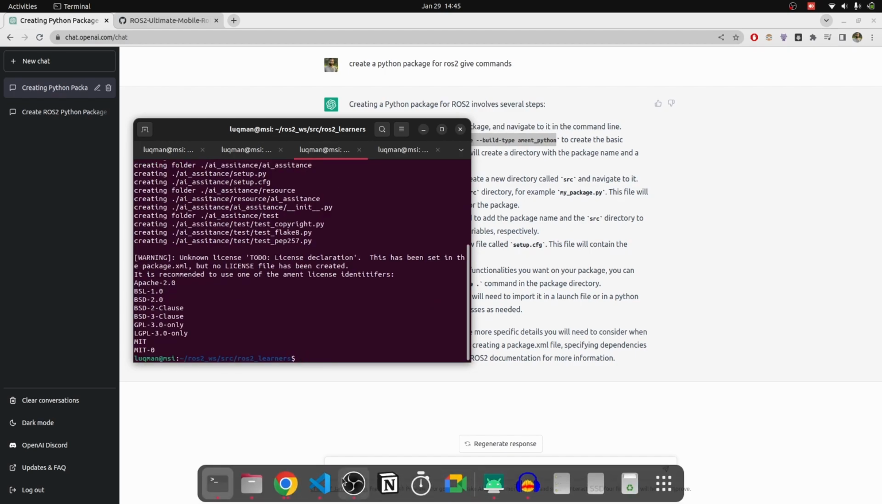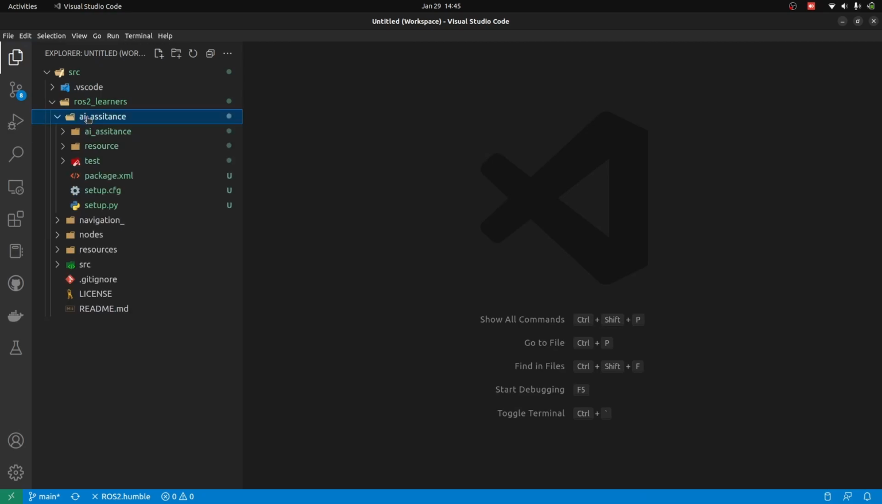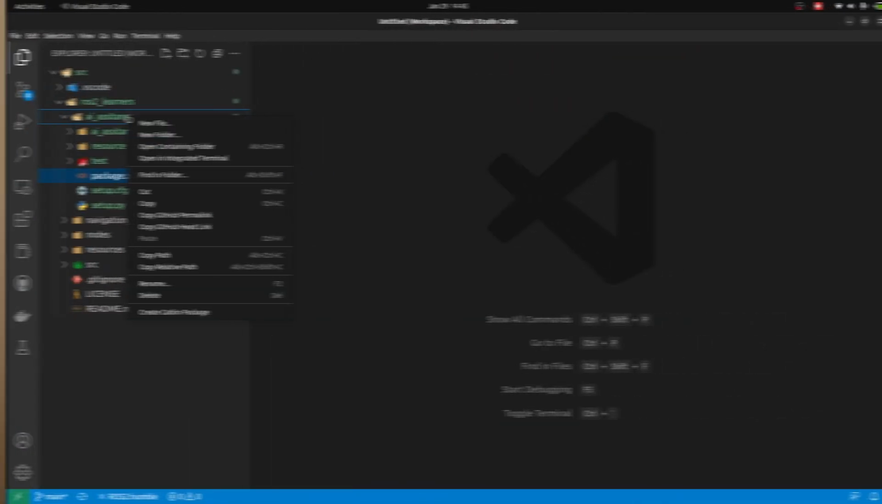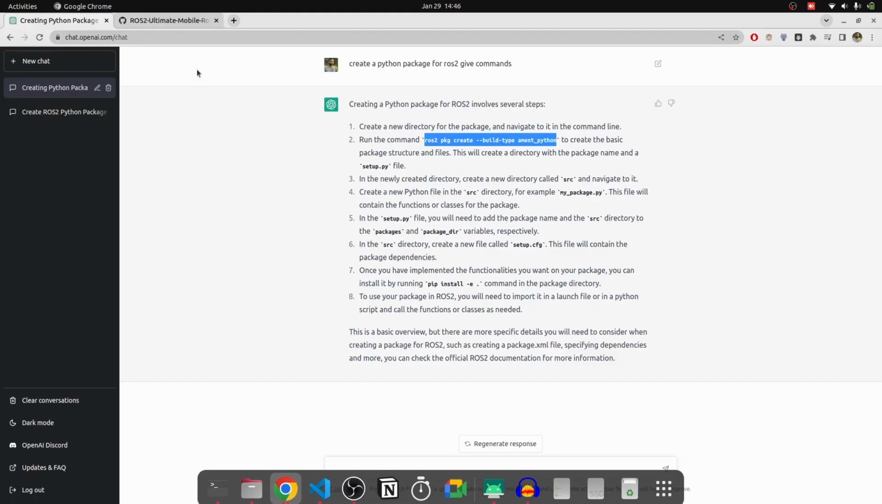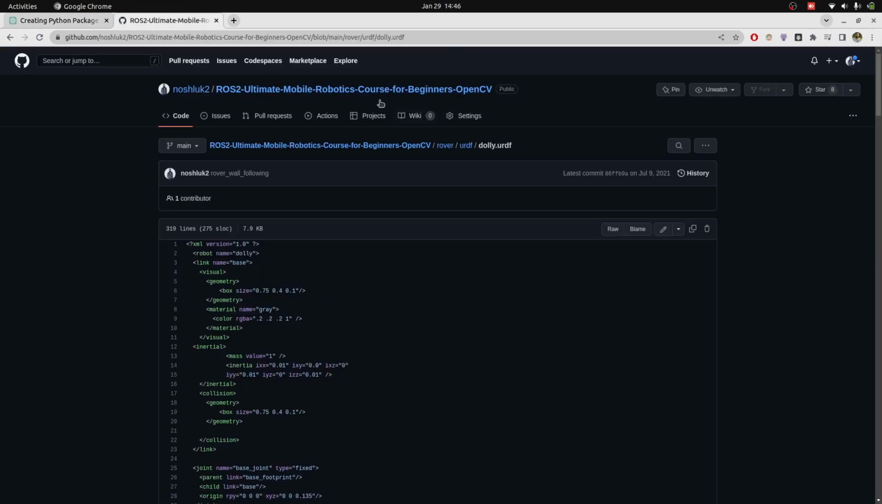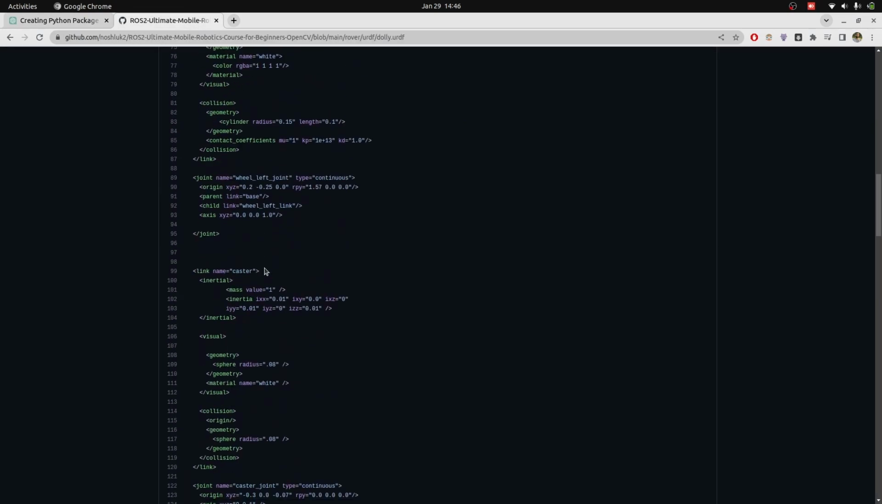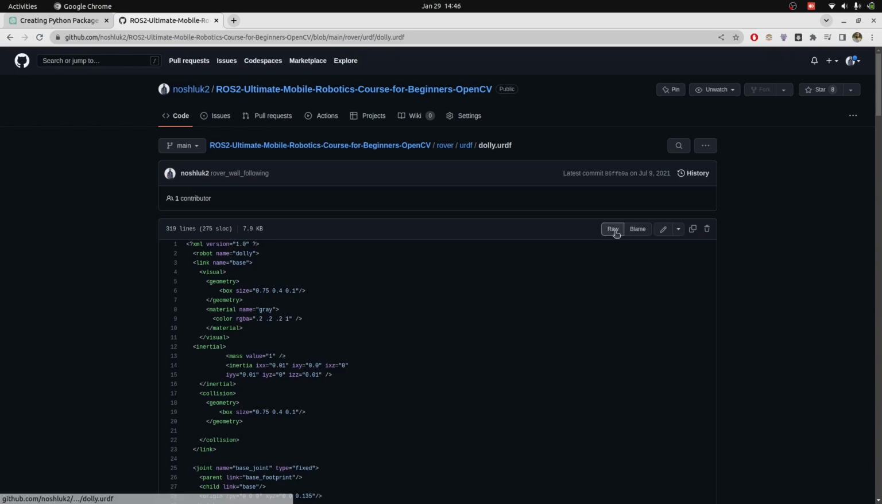Let's open up VS Code, and can we see the package? We have the package. In VS Code, I'm going to create a folder URDF from another repository that I already created, and then we will start working on that robot. Let's just create the folder URDF, and I'm going to go into this repository that I already have created. That is one of my course repositories. I am going to bring this whole URDF file,